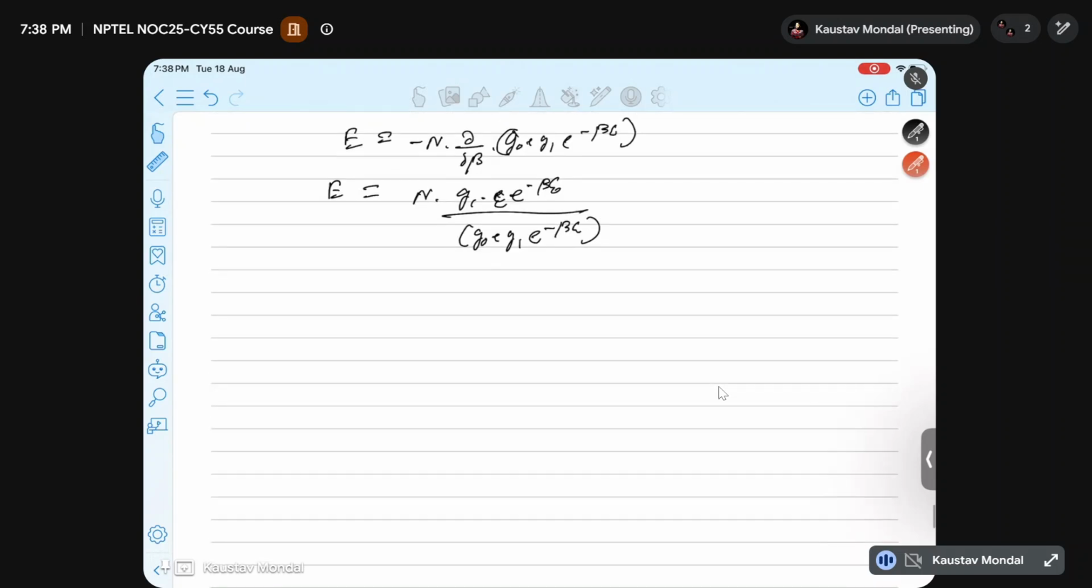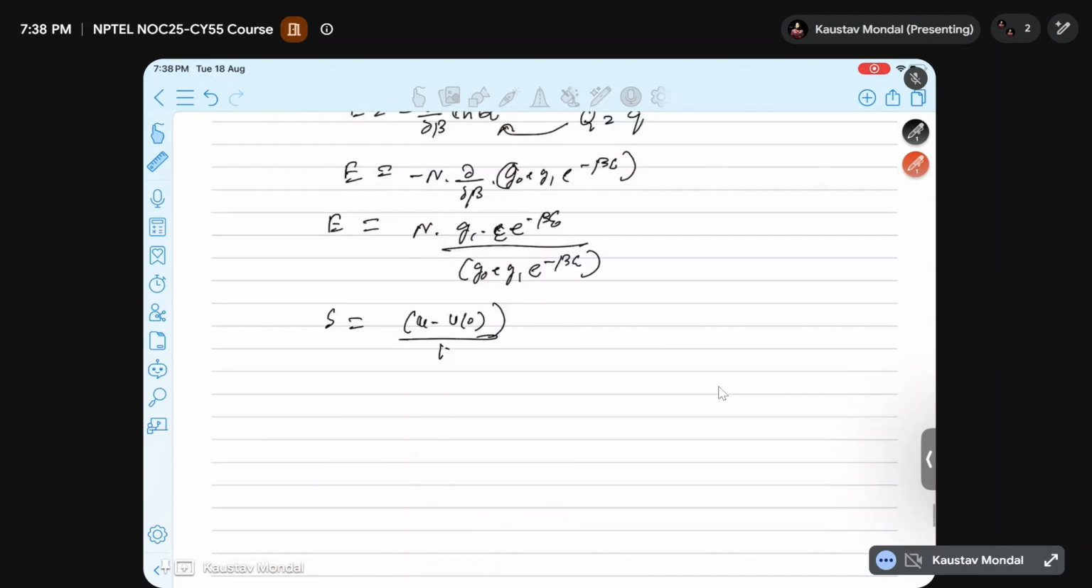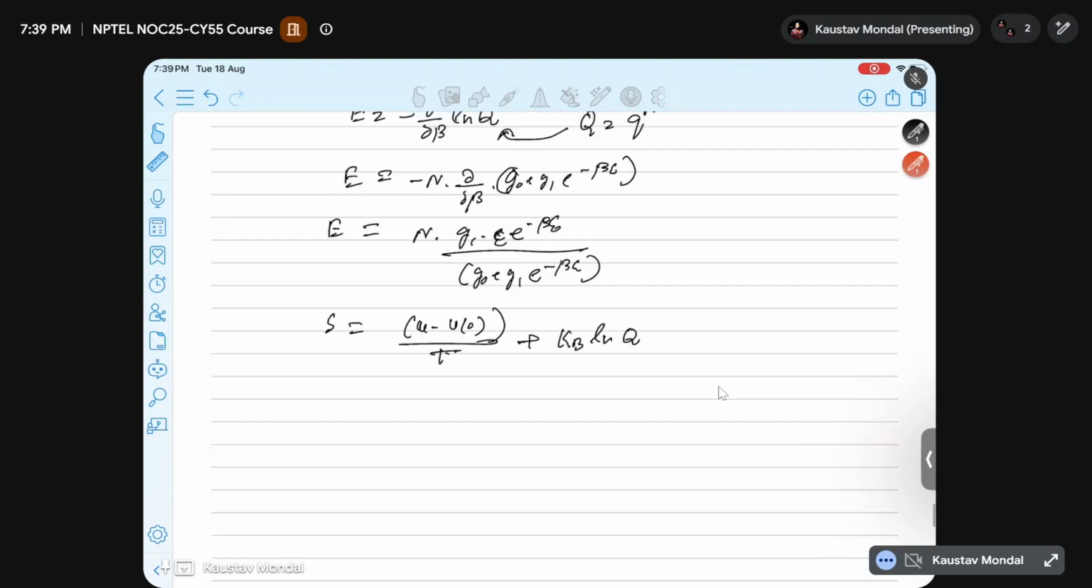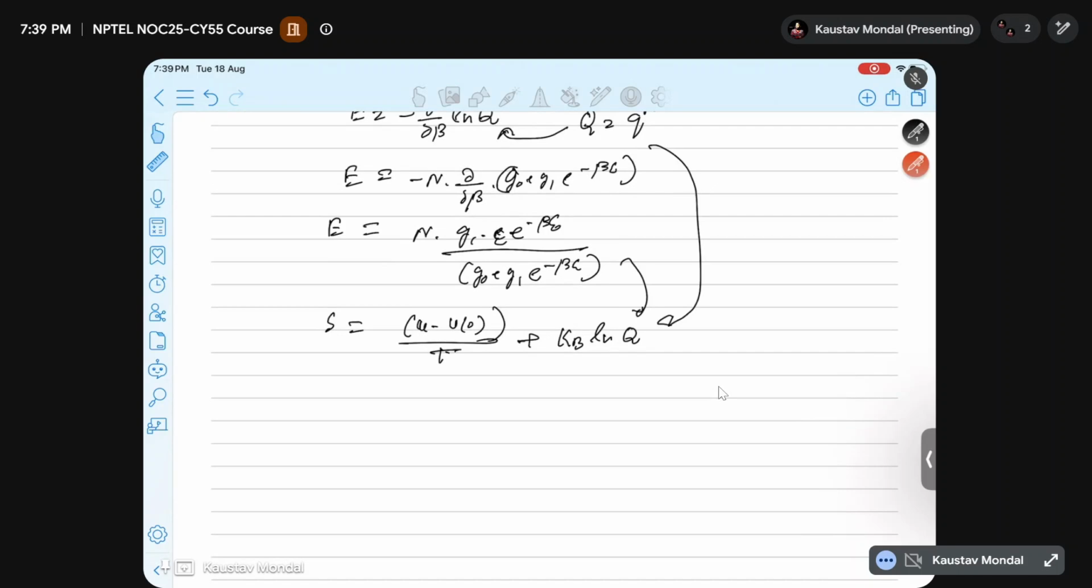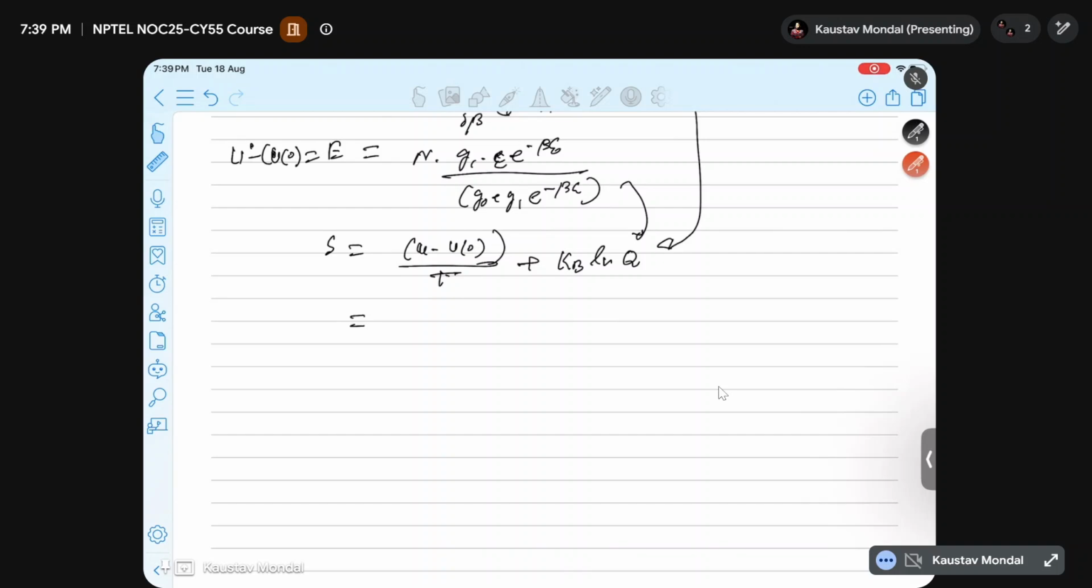The next thing that you have to calculate is the entropy. So the entropy formula we already know. Entropy is S equal to U minus U0 by T plus kB ln Q. Here also, if you substitute it here, U minus U0, we know, is the total energy or the average energy E. So that is N by T into g1 e to the power beta E by g0 plus g1 e to the power minus beta E